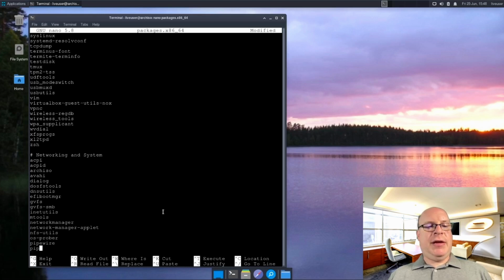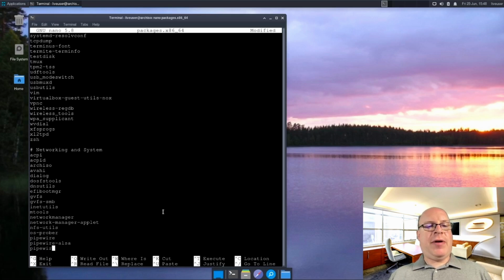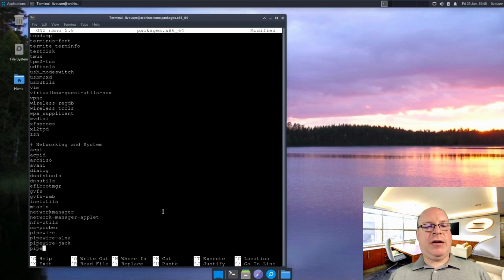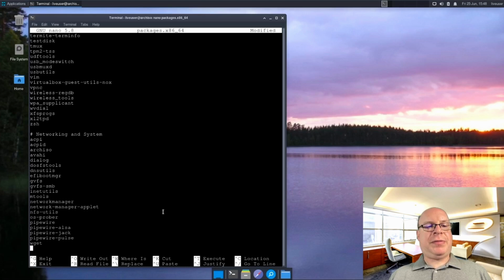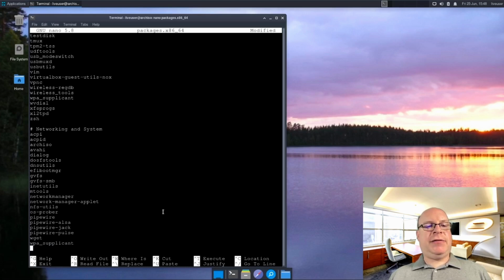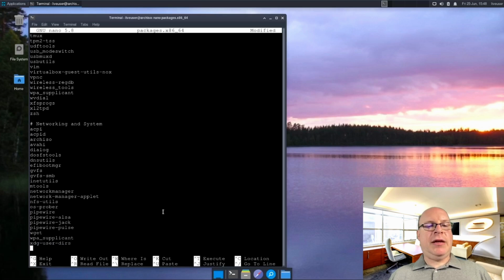Pipewire, Pipewire ALSA, Pipewire Jack, Pipewire Pulse, wget, or webget, wpa_supplicant for Wi-Fi, xdg-user-dirs, xdg-utils,